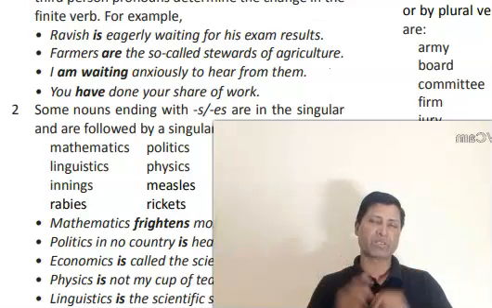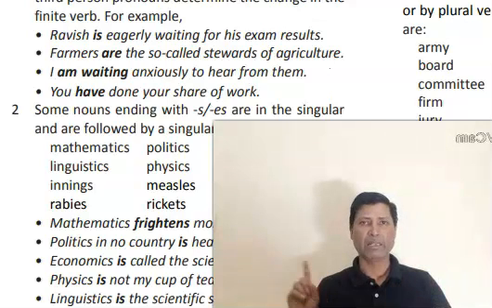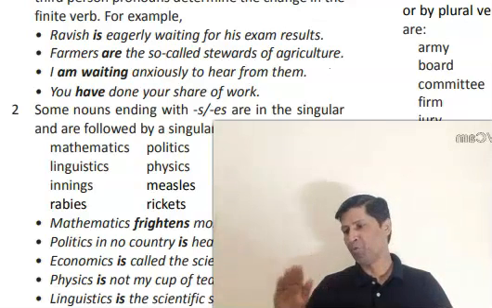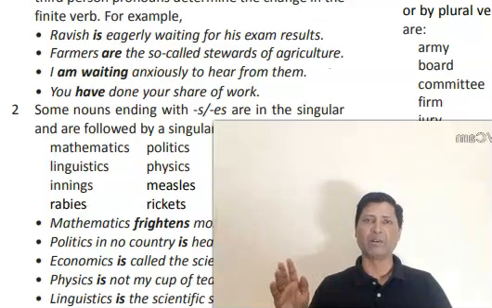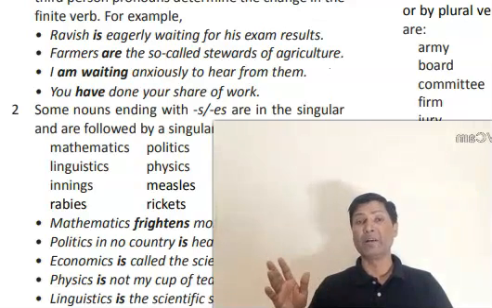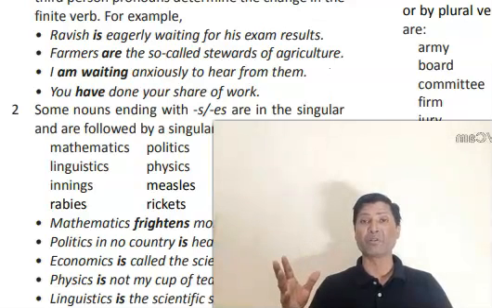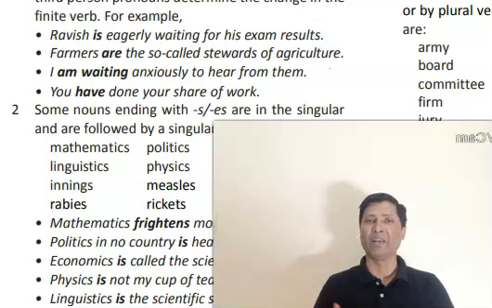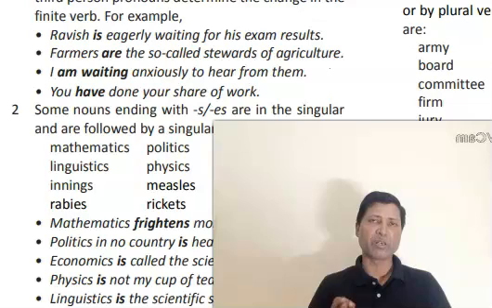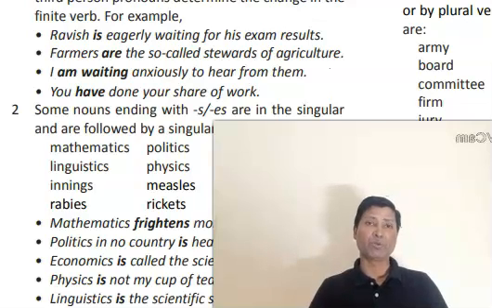Only two elements, subject and verb. As you move ahead, you will find a number of complexities, a number of difficulties, a number of grammatical features. So as you move ahead, you will have to take care of a number of elements. So this is the best chapter to begin studying grammar. Now you see,